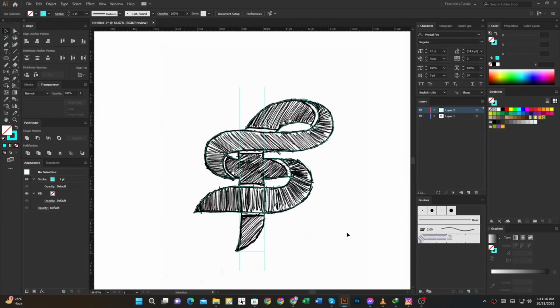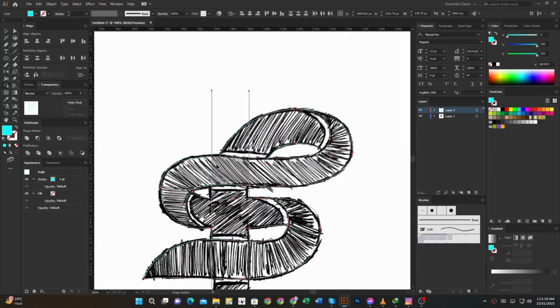Now select, and I use the Shape Builder tool for color selection.